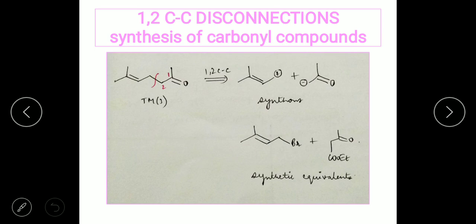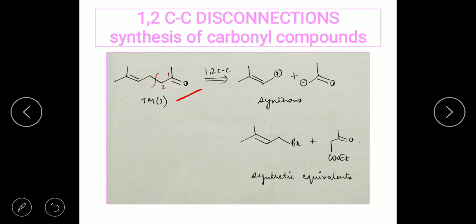Now let us take one more example. So here we have a ketone carbonyl group and also we have an alkene. But here the problem is that you cannot do the synthesis for this alkene using the acetylene, because here there is no hydrogen, but there is a methyl group. So there are two methyl groups. Hence we are not going to opt for the disconnection of the alkene, and we are not going to do the FGI to an alkyne. Instead, we are going to look for the other functional group, that is the ketone here.